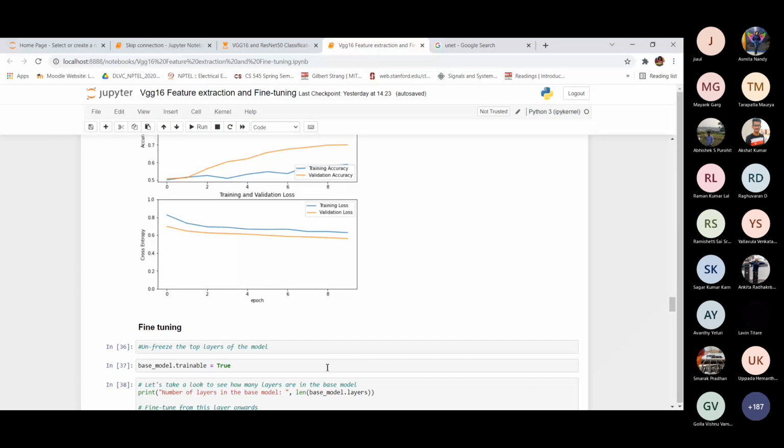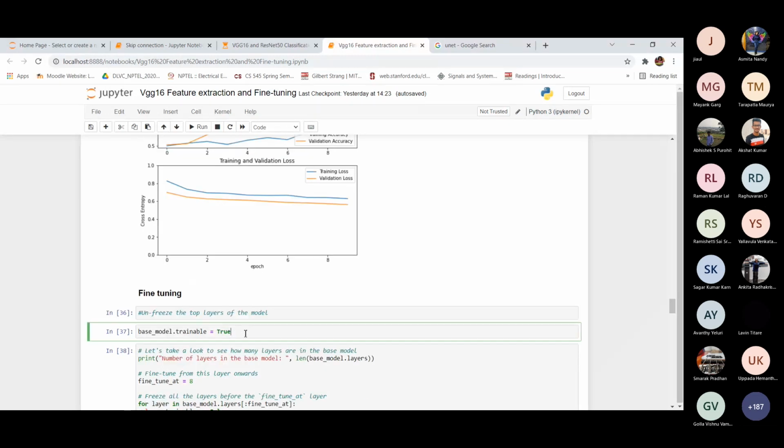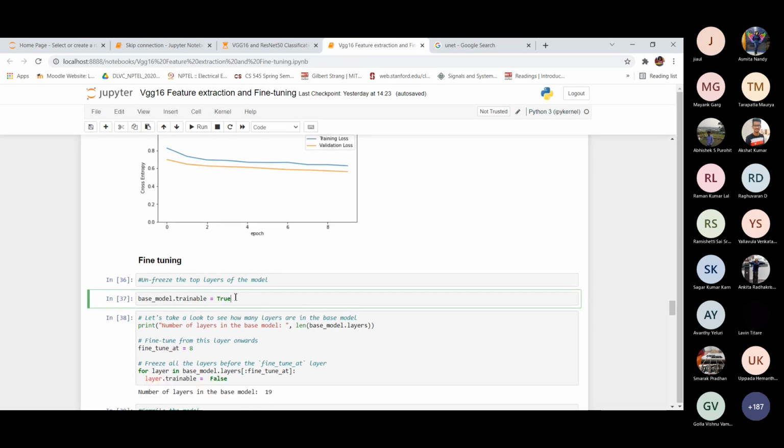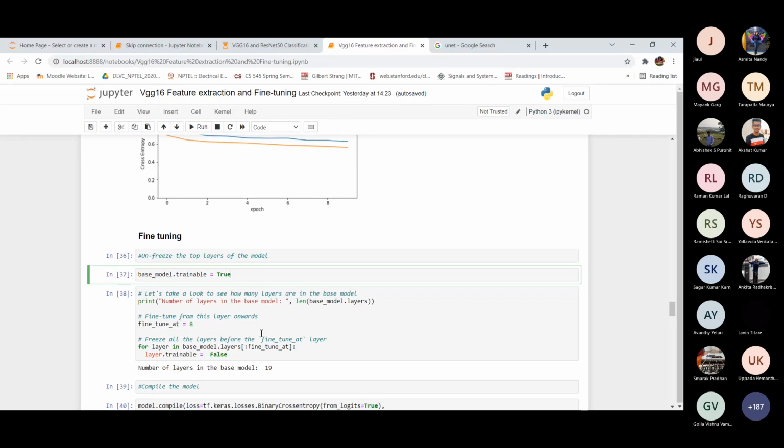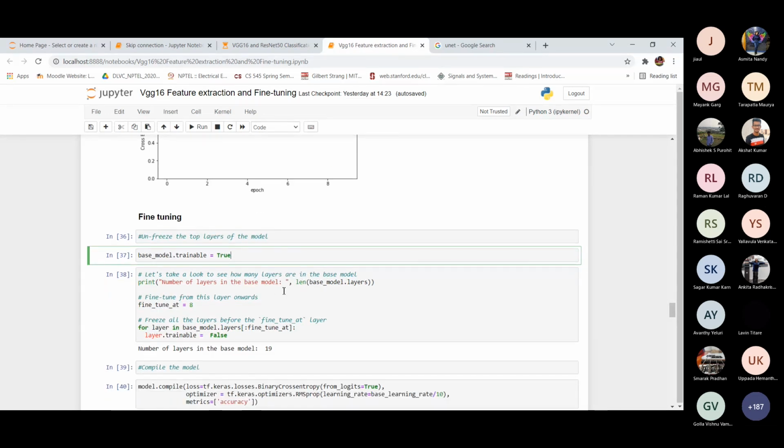Okay, so here we will set the trainable parameter equal to true. So it shows that we can train it, the trainable parameter is true, so then we can train all the convolution layers also. And here we can say after which layer we are going to put the fine tuning.